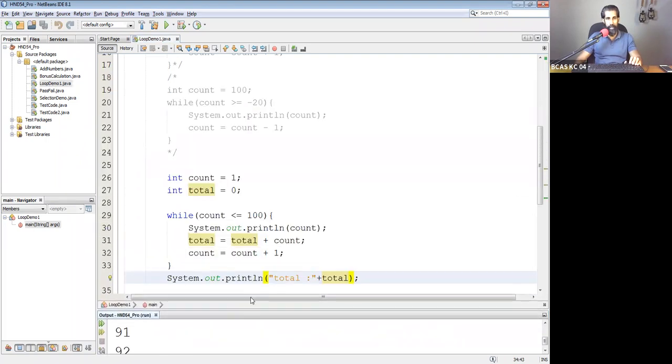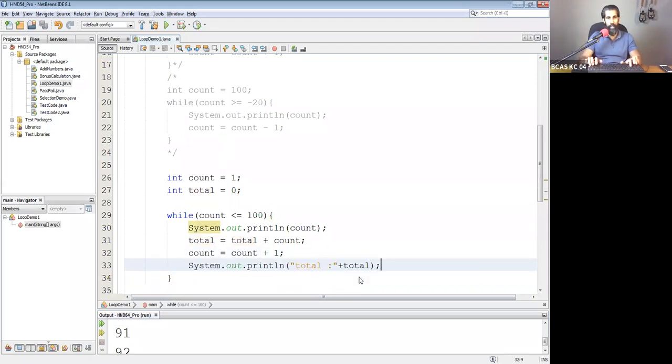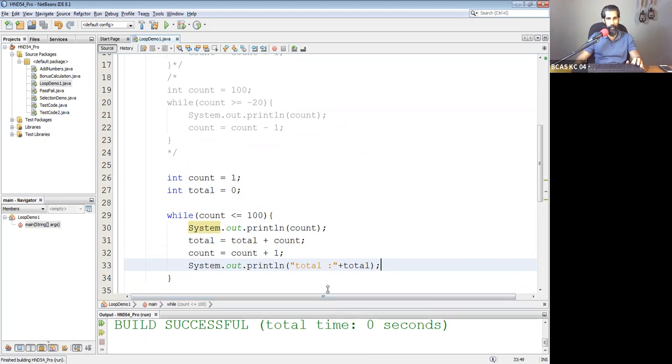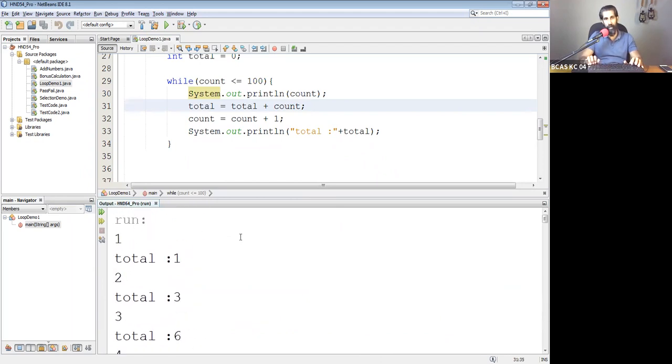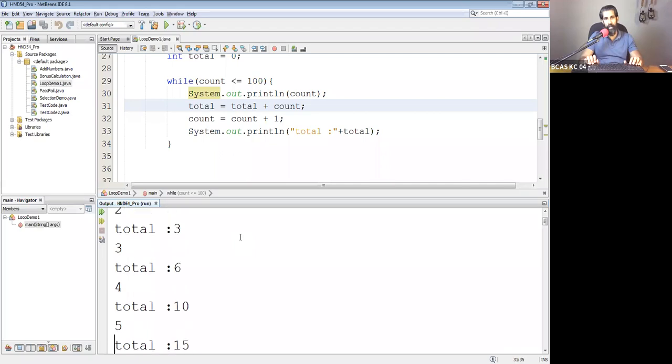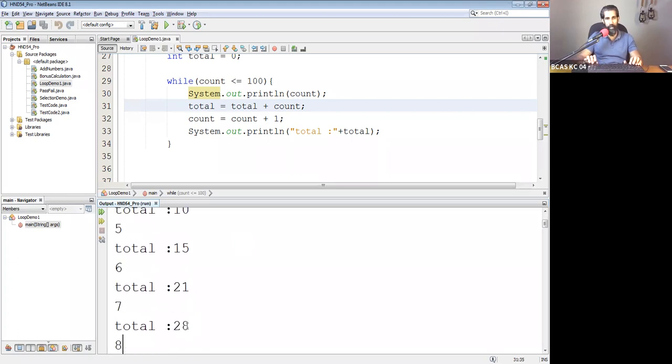As Yashan has said, if you move this line up here, each time you display the total, it will be printed 100 times. We are printing the total. It's a waste of code. But you can see how the value of total is changing. That is true at the very beginning. So 1 plus 2 here, 3 plus 3, 6 plus 4, 10. So it's like this one and this one added, this one coming, right? So this one and 6, 21, 28, likewise it's coming. Hope you understood this one, right?